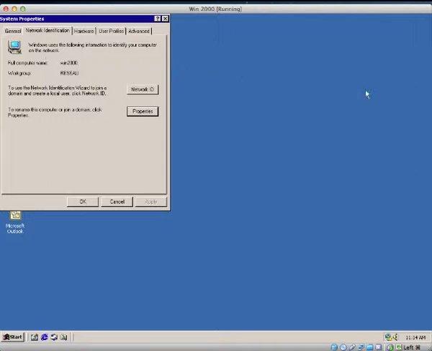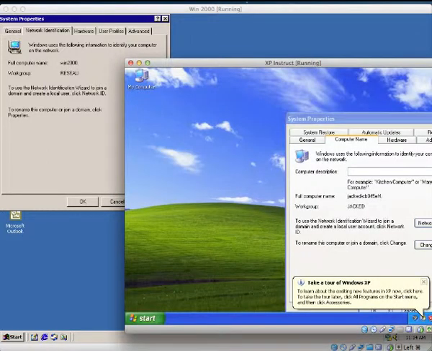Now, this is where you would run into an issue, whereas if you were working within the 2000 environment and then you were given responsibilities to the XP environment, working with the operating systems at a desktop and so forth, that's where the communication issue comes into place. And just to give you an idea,